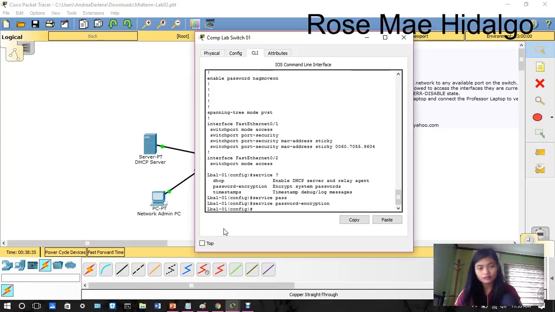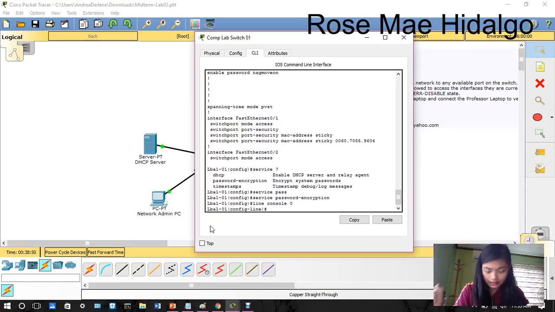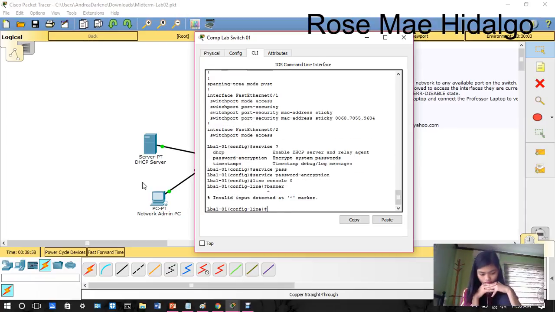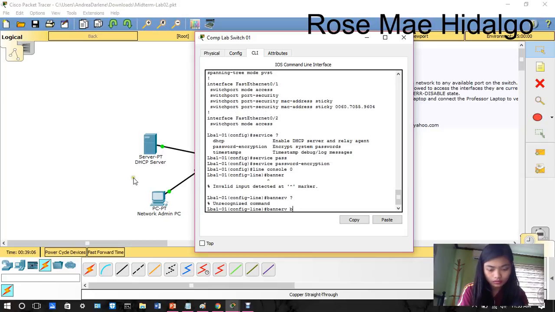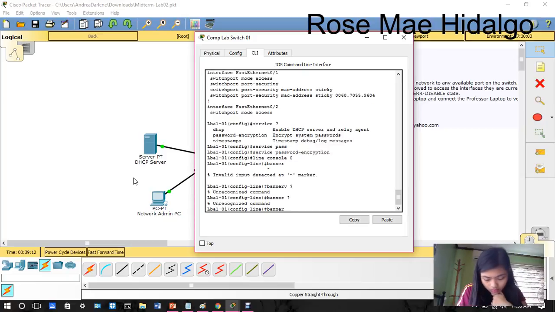Okay, that's all. Then as the professor said, we are going to have a banner. So type line console 0, then the banner. Oops, wrong. Let's see what command we're going to use. Exit now.